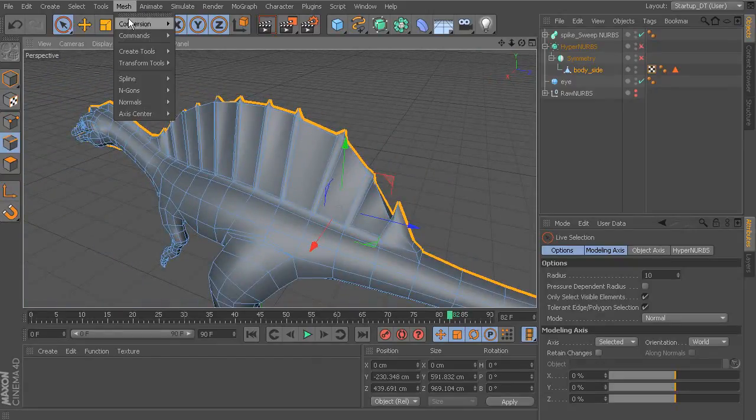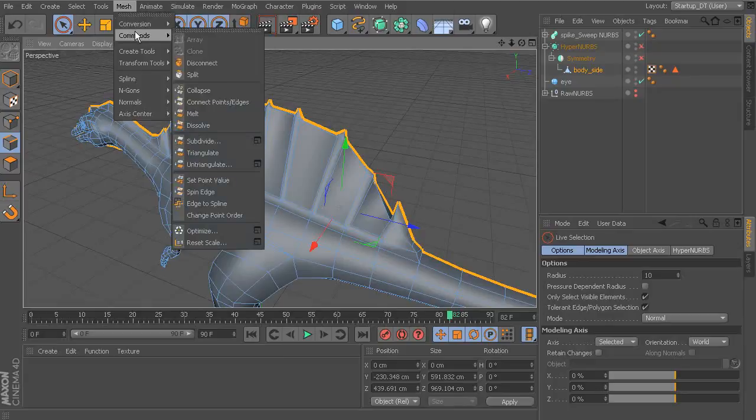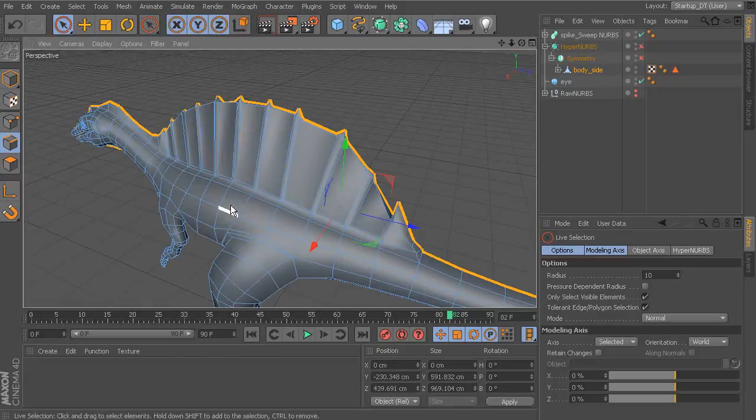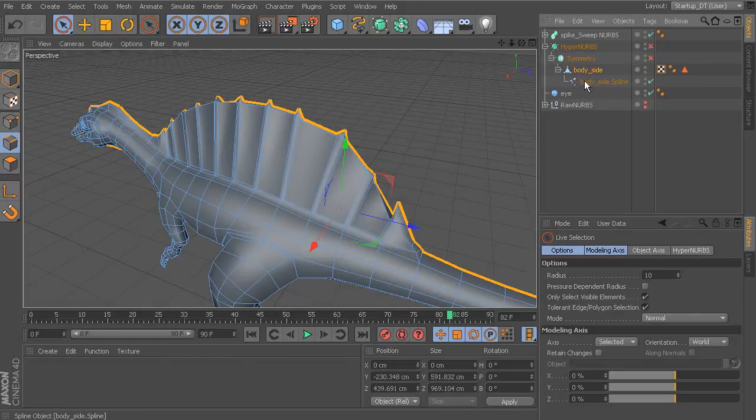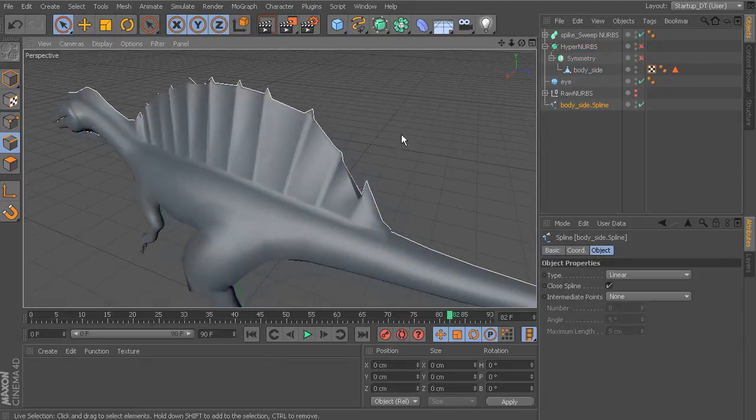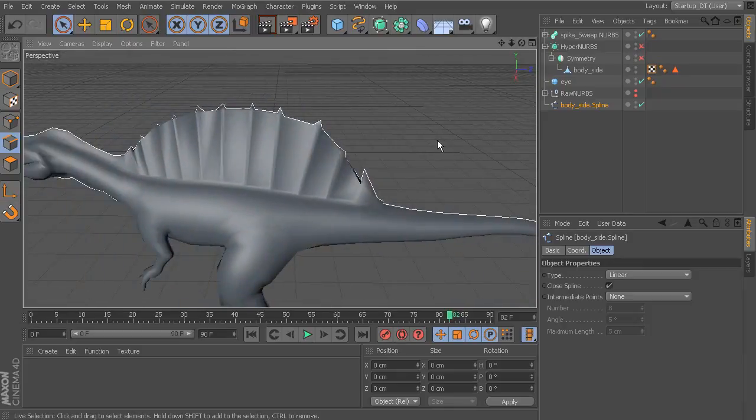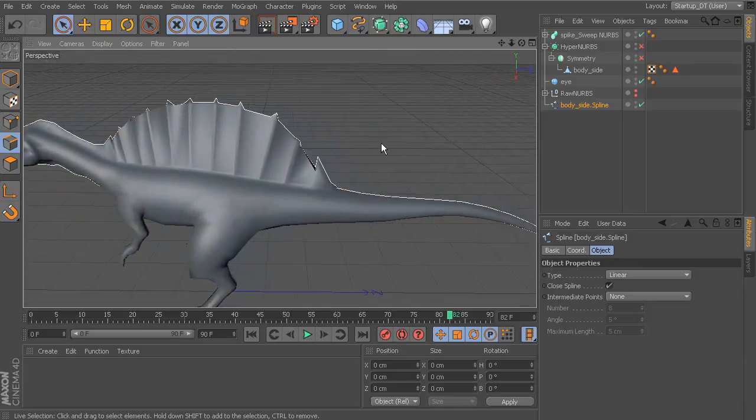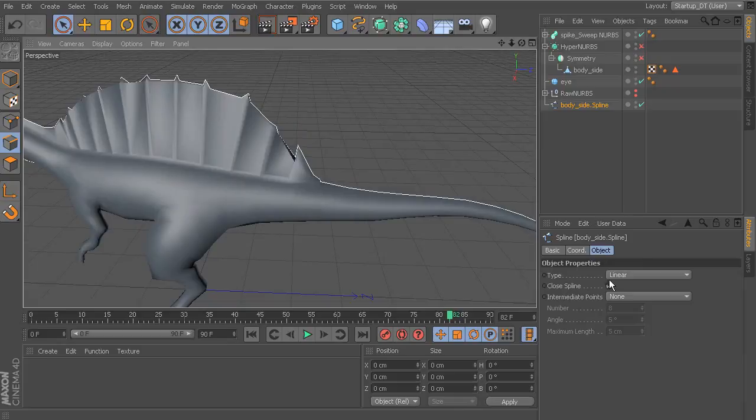Then we'll go under mesh and go under commands, edge to spline. You'll see there's now a spline underneath the geometry, so we'll go ahead and pull that out. So that's now our body spline. Now we only need a portion of this. Right now it's linear. I'm going to go ahead and change that to cubic,